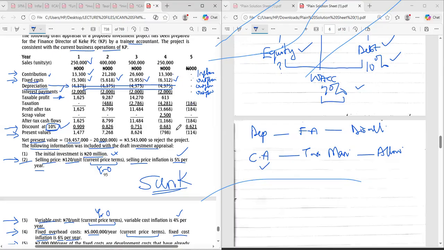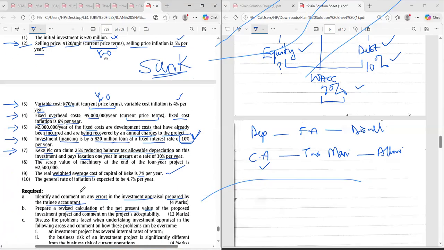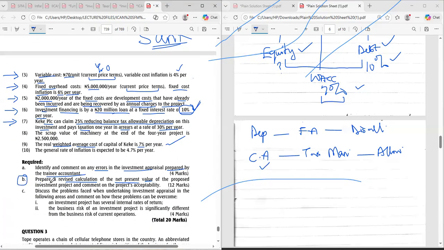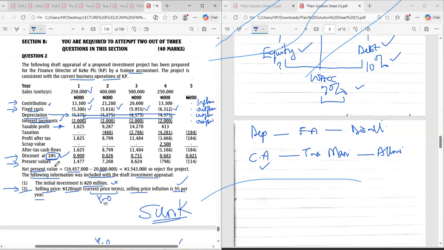Yes, go ahead. How will we cancel it? The depreciation. They were supposed to cancel it because I was thinking maybe we'll add it back and now deduct capital allowance. Don't worry. I will do it in part 2, in the B, they say we should prepare. Okay, you see what I will do.